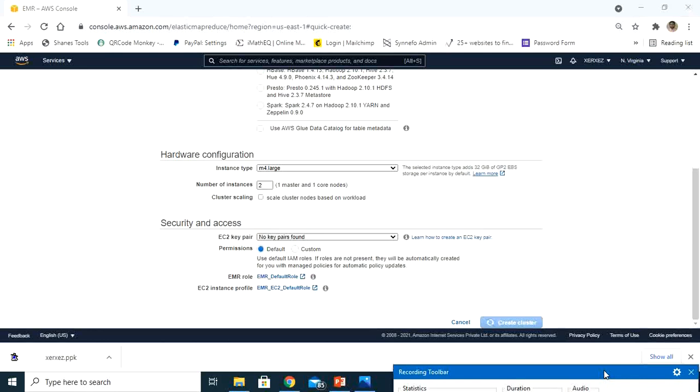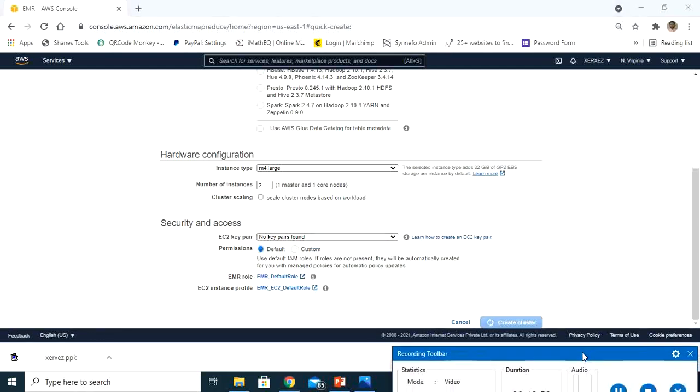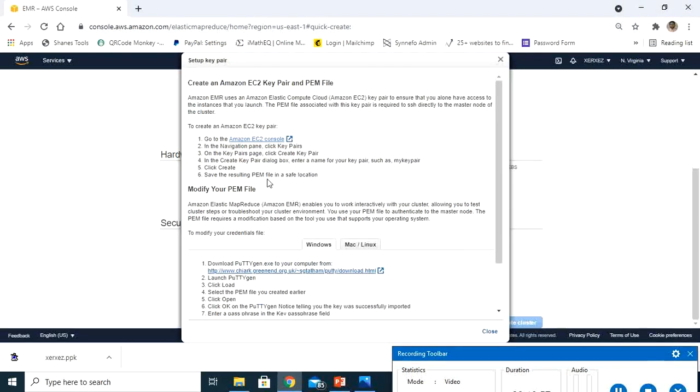To access the computer, we need a key pair here. For the key pair, you can go to new key pair, and it will ask you to provide the key pair. To give the key pair, you have to create it. Just click on this button and it will guide you on how to create and download the key pair. Next, it will ask for the third party software called PuTTY, which we require to access the master machine. So let's try to create the key pair.